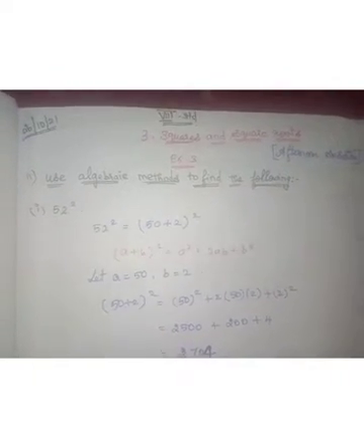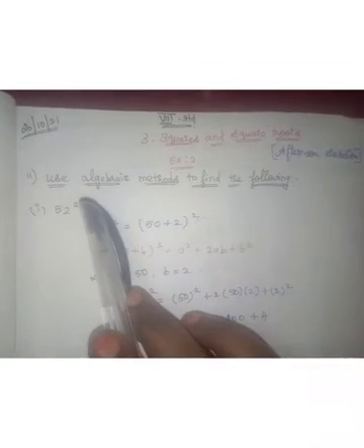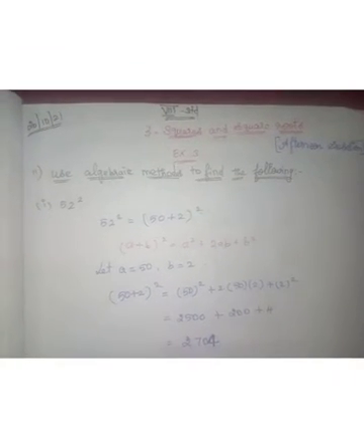Today we continue with unit squares and square roots. So exercise 3, I continue the exercise. Use the algebraic method to find the following. 52 square: 52 is the bigger number, so you will multiply 52 into 52, which is a bigger process. To find the answer you need some workout in the multiplication table. But the easy method is the algebraic method.